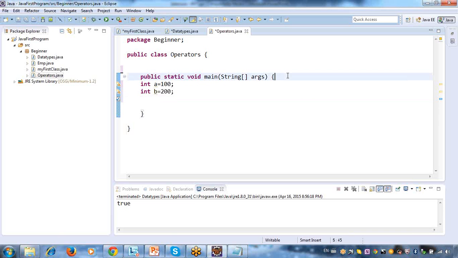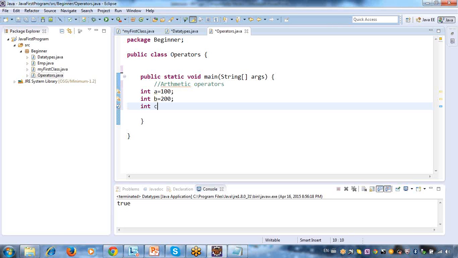Now I wanted to add two numbers. So first, we will be understanding arithmetic operators. You are having your Java, and in that Java you may be using these arithmetic operators while writing your code. So I am saying int a is equal to 100, int b is equal to 100, and I wanted to add two numbers.